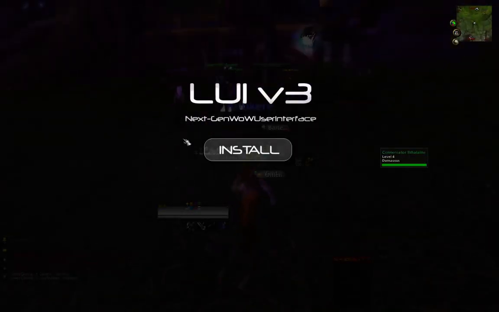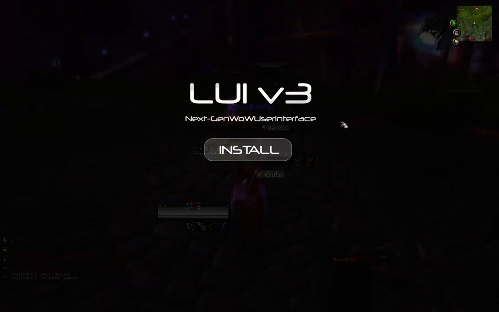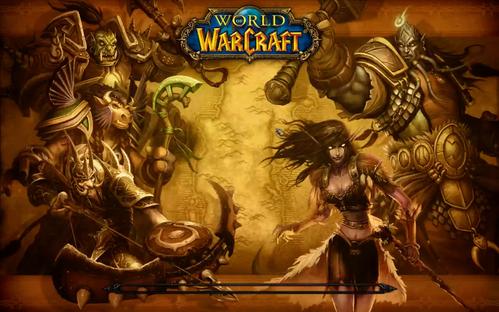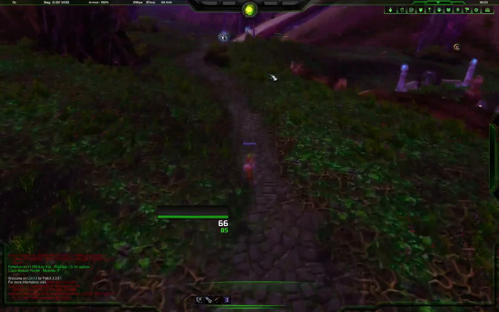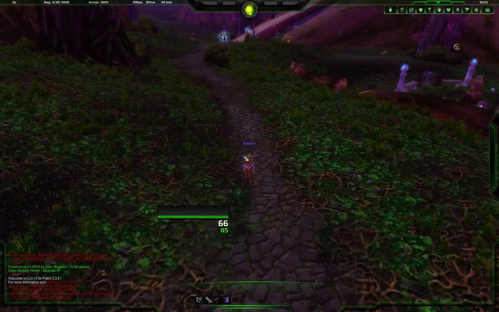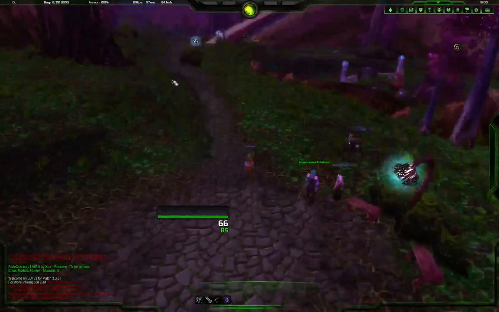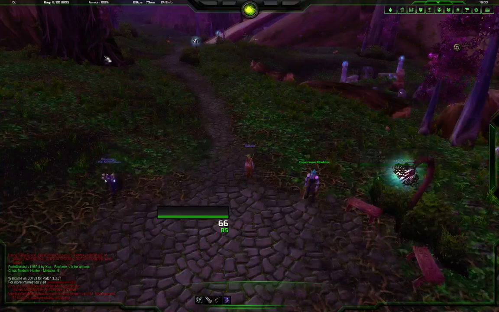So at start, you're gonna see this big install button. LUI v3 next gen WoW user interface. There's just one thing you have to do. There's nothing else you can do. Just press install. It's gonna take a couple of seconds, not more than 10. You see, like 4. Now everything is different. Nothing from your old Blizzard default WoW is gonna be the same, or if you have previously had another UI change. As you can see, don't worry, I'm gonna explain everything from start to end, starting with the most basic,